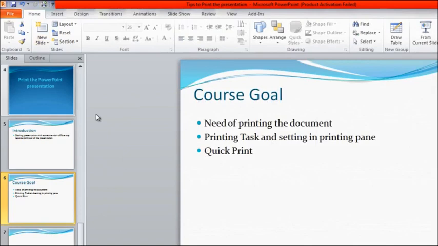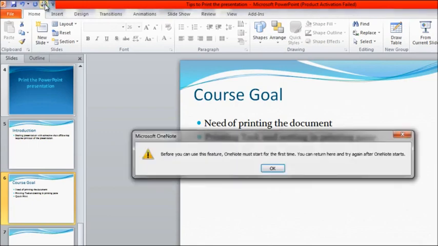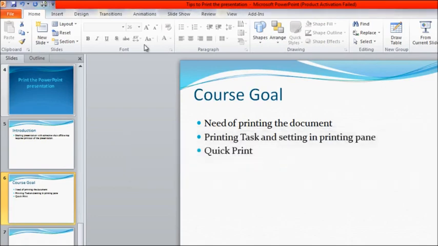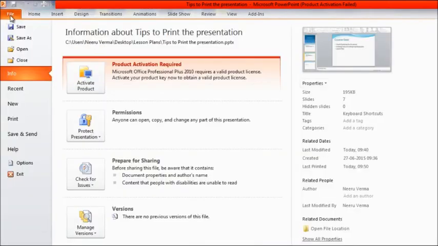If you need to print the document quickly, instead of moving to the backstage view and selecting all the options, the alternative you have is to add the quick print option to the quick access toolbar. Now you will be clicking on this option and it's going to send the command to the printer. I am getting one message here, before you can use the feature, OneNote must start for the first time. I am getting this message because there is no printer installed in the system right now, but once you click on this, it's going to send a printout with the default settings